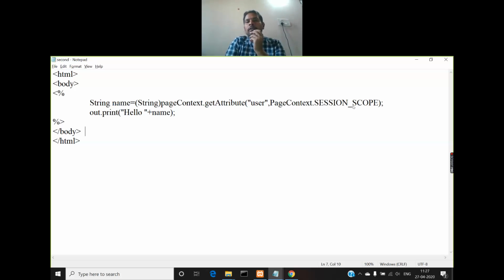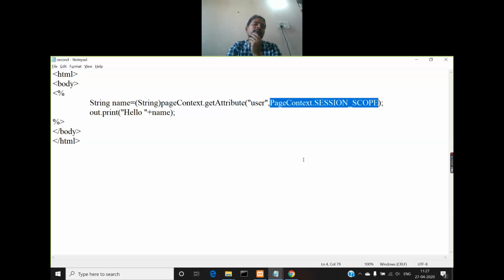Observe how many parameters the getAttribute method has. The first is the name of the attribute whose value you want to access, and the second is the scope of that attribute. Whatever scope you gave in the setAttribute method, the same scope you have to specify here.